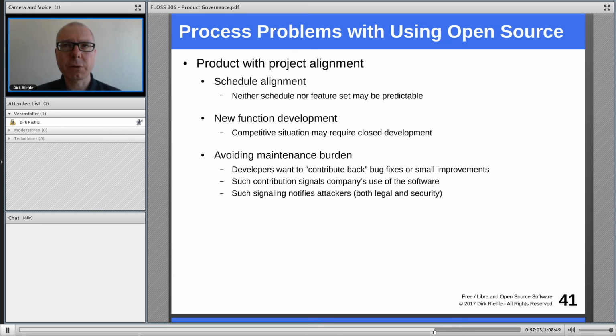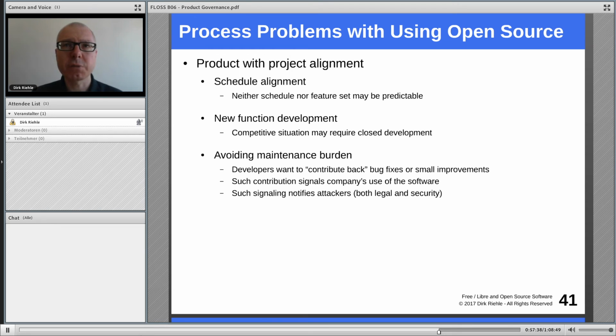So a smart developer will want their code, their bug fix, to be applied to the main project where it gets maintained and evolved, so that they only have to merge it into the main line once and never again later on, because it now comes automatically with each new version of the component. Now, this form of contributing back of bug fixes or maybe small improvements is highly problematic